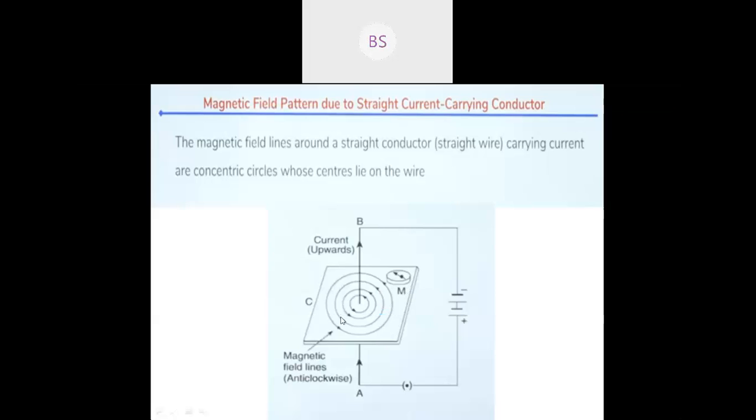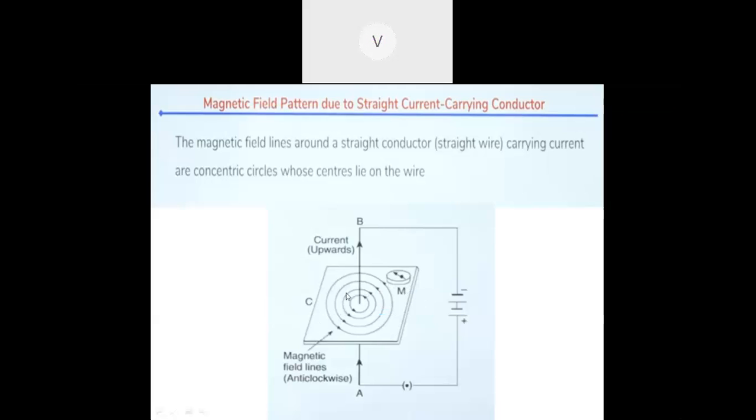Okay, and the third one is when you increase the current in a wire, automatically the field lines become denser, and you can see that iron filings may arrange again in more circles around the current carrying conductor. So you can find these observations when we are performing this activity. Okay, can we move to the next one now? We can move to the right hand thumb rule now. Any doubt?